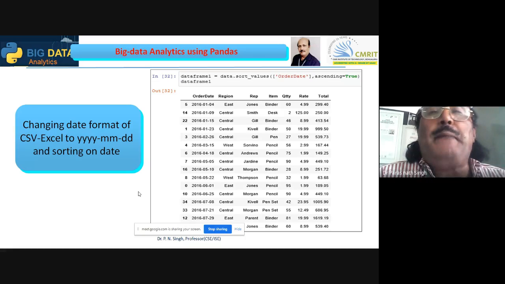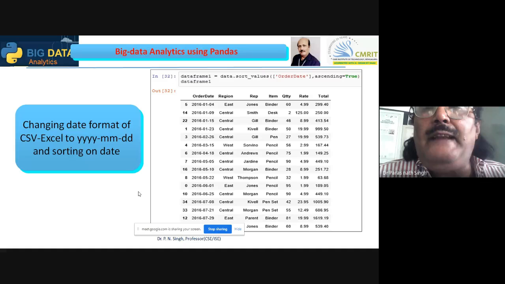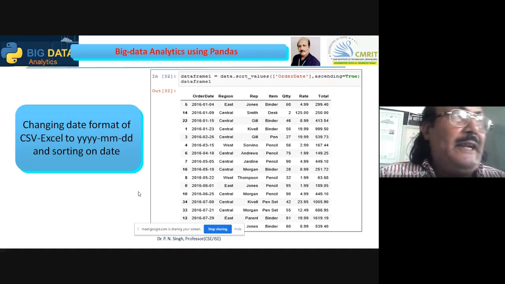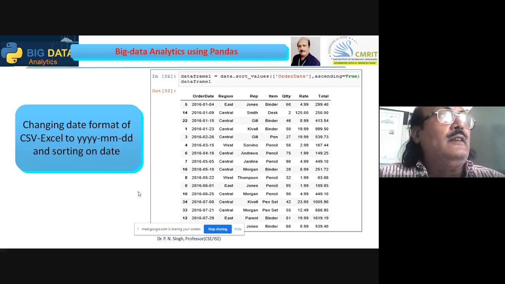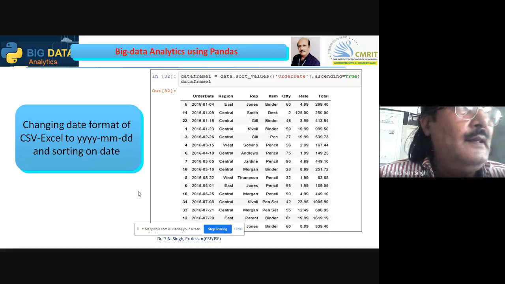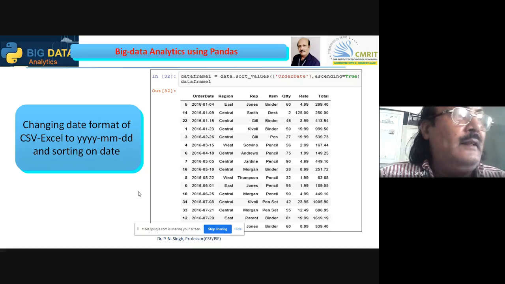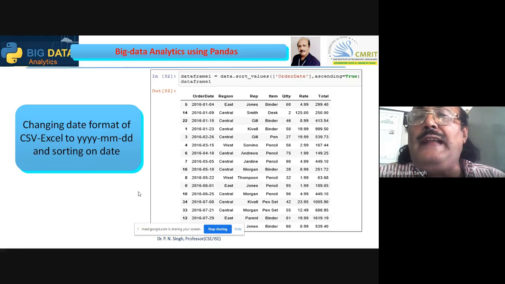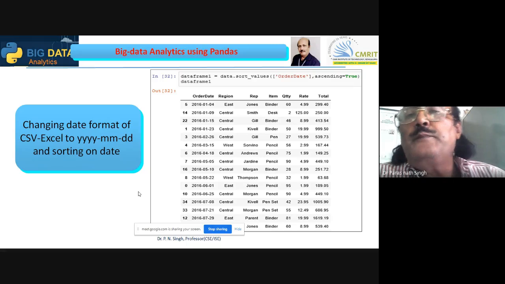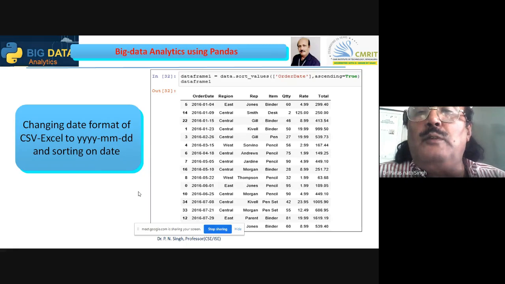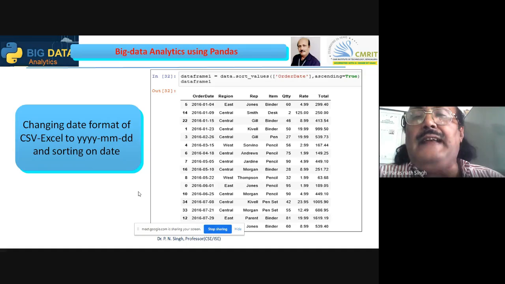The main purpose of bringing the date to the YYYYMMDD format, I am also suggesting when you are saving your files, so that the dates appear in sequence in your file list folder, you can save your file in this format: first the year, then the month in 2 digits, and then the date in 2 digits.